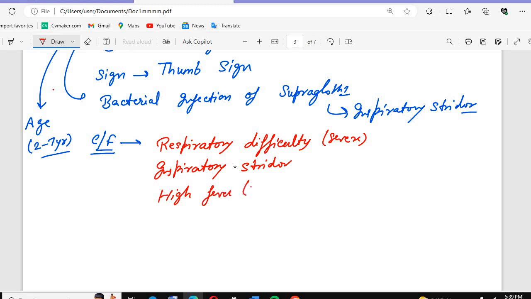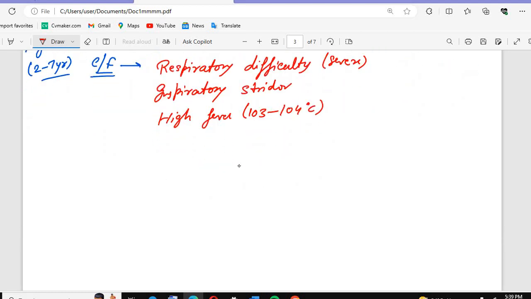What high fever? Till which degree? 103 to 104 degrees Fahrenheit minimum. Does this patient have drooling of saliva as well? Yes, they have drooling of saliva. Does this patient have the potato voice? Yes, they have the hot potato voice. So that is what